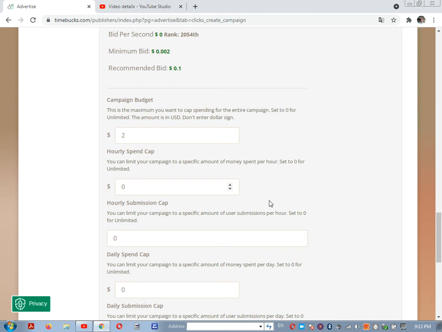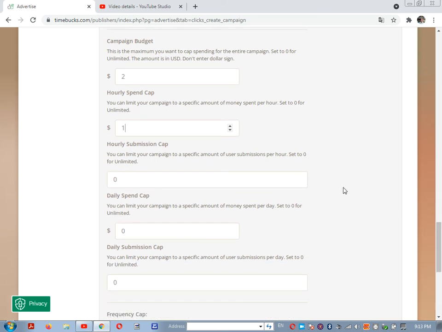And how much you want to spend, you can limit your campaign to a specific amount of money spent per hour. So I give it $1. Hourly cap, that is only 0.2.